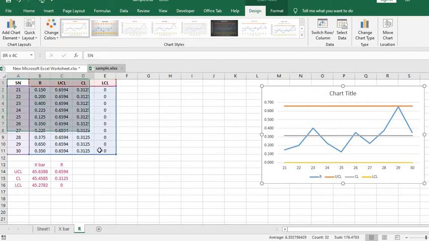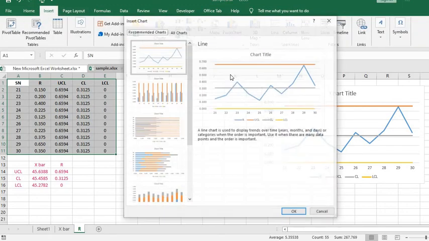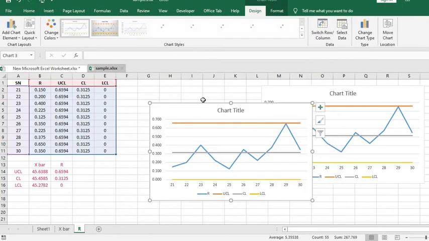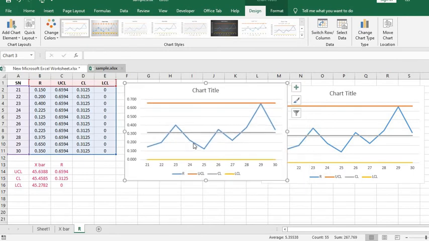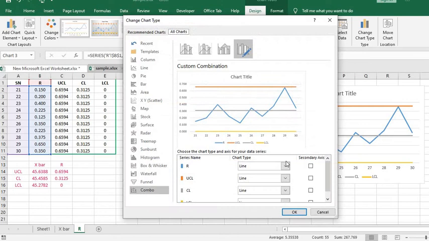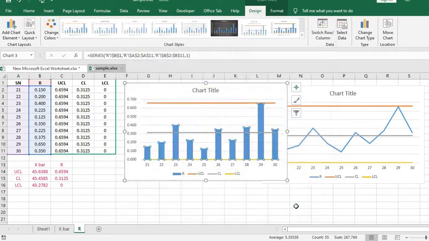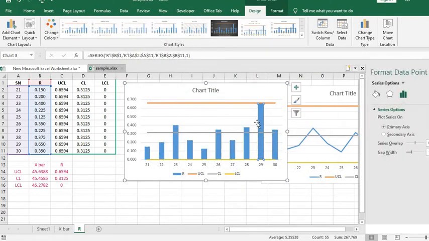Simply select this again, go to Insert and Recommended Charts, and change the type. For that we select the column chart, and we can see here that we can change the thickness also.